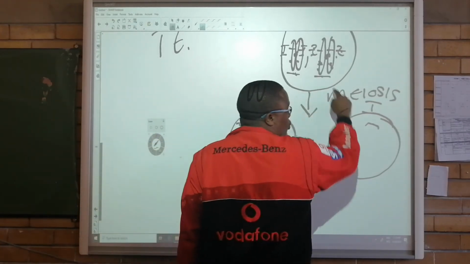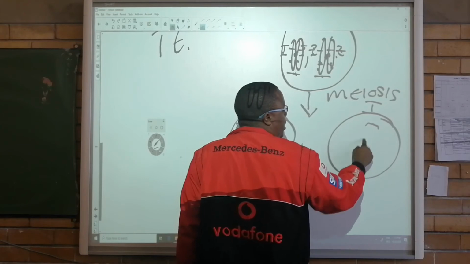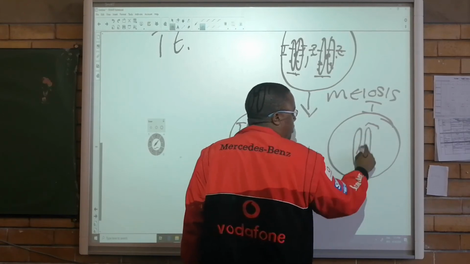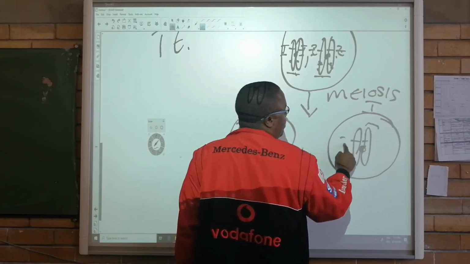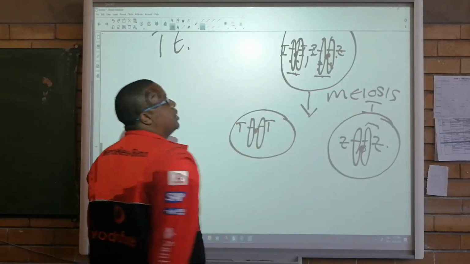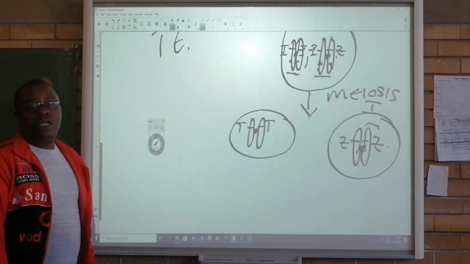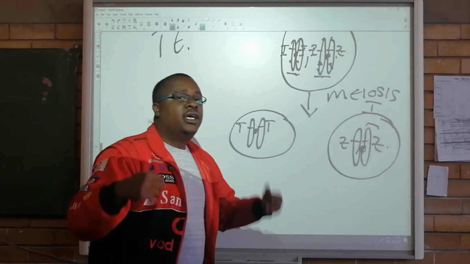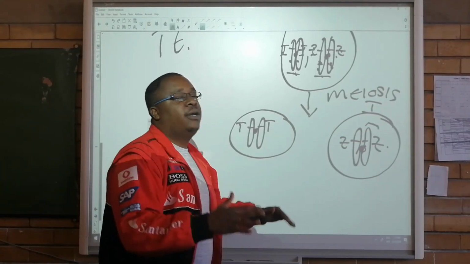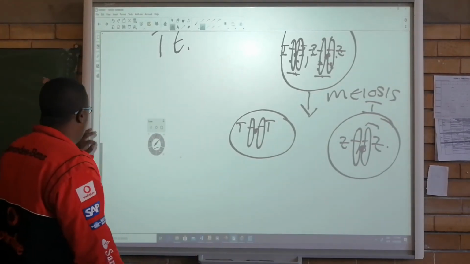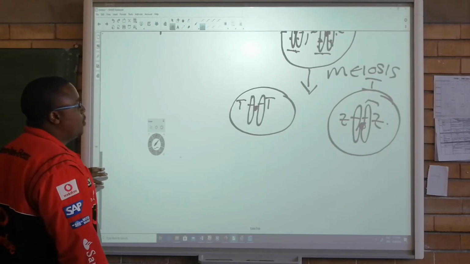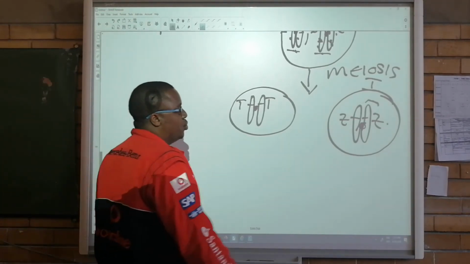And then this chromosome is going to end up in here. That's the end of meiosis 1. Two cells formed, and the two cells are haploid cells. And then we know that at the end of meiosis 2,